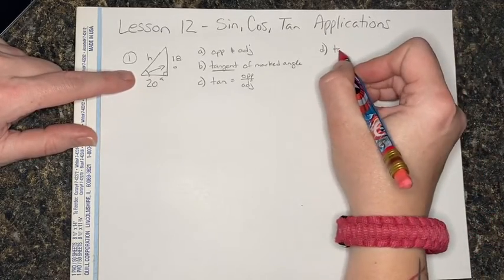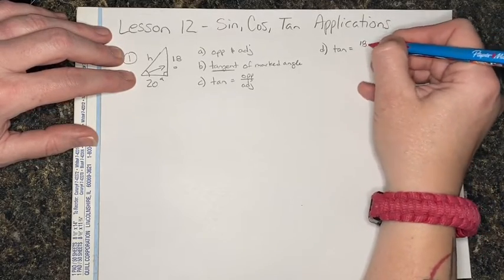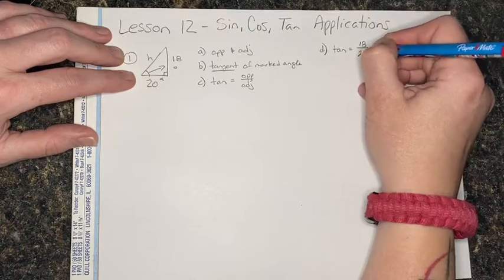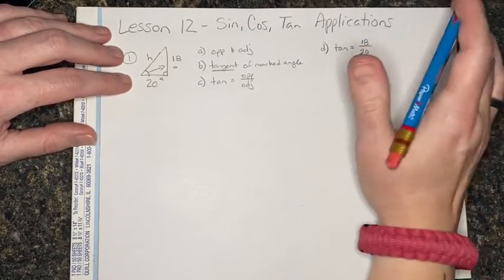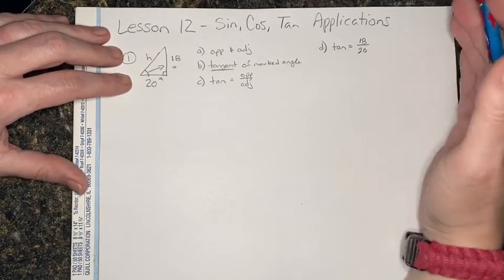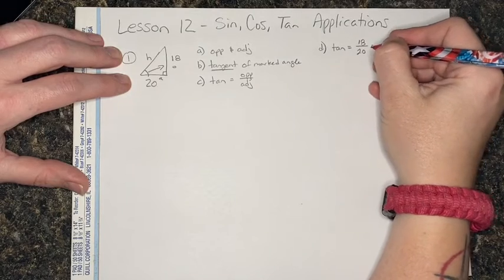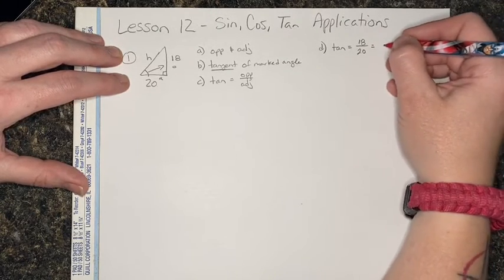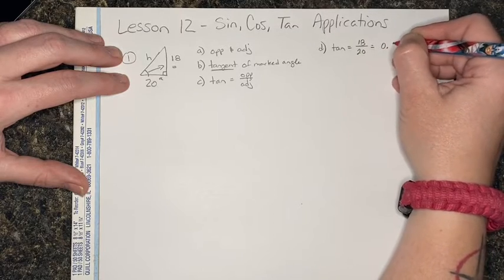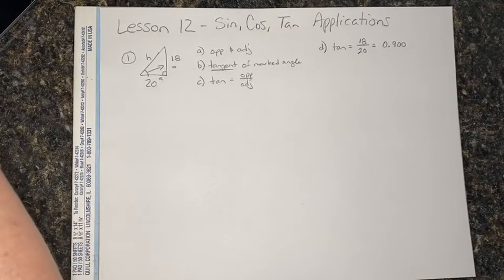But we know that the tangent of this angle is equal to 18, which is the opposite, over 20, which is our adjacent. Using your calculator, remember, we don't want to leave these as fractions. This is calculator usage time. They've got the little picture there in the book. Pull it out. Using your calculator, we divide 18 by 20, and we get that our tangent is equal to 0.9. Now, on the chart, it goes quite a bit farther with the decimals, so I'm going to put in